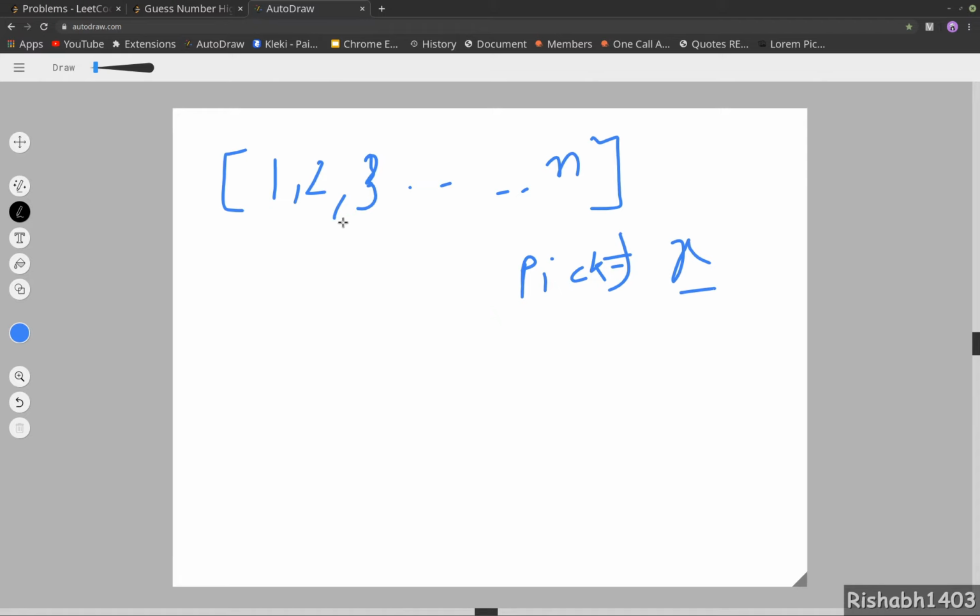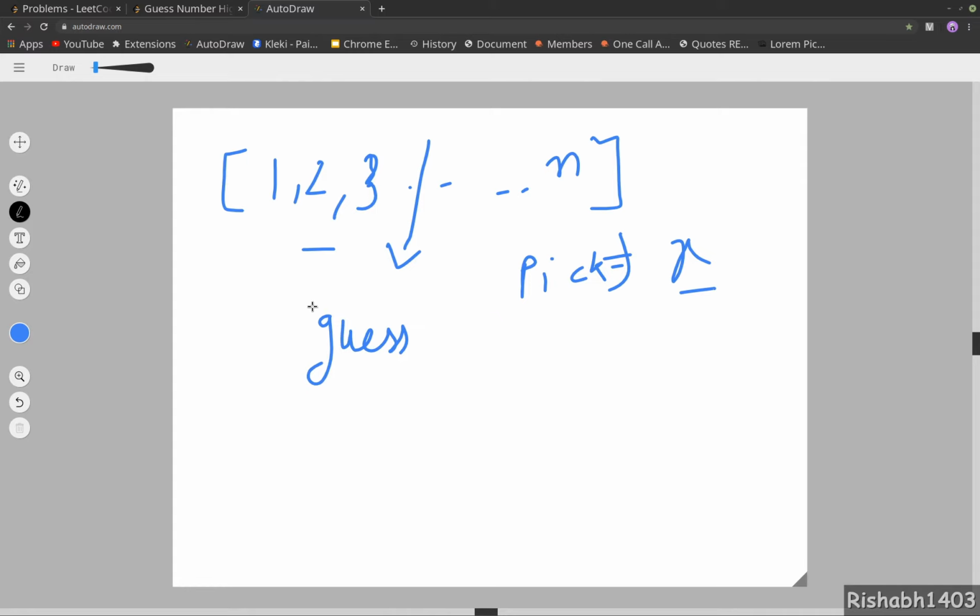Now let's apply binary search here. First we'll look at the middle, and if the middle element is greater than x, then we'll look in the left section, otherwise the right section. The only difference is we'll guess the middle number, we'll call it the guess number.